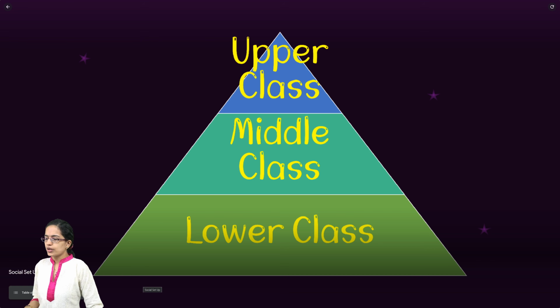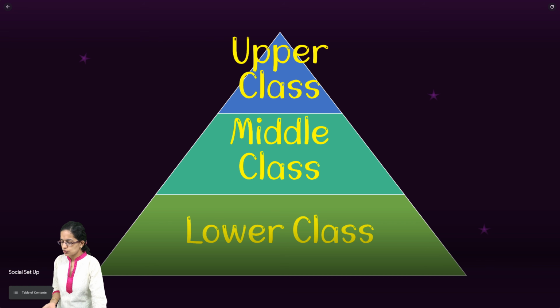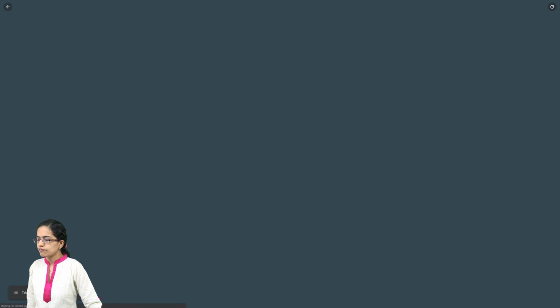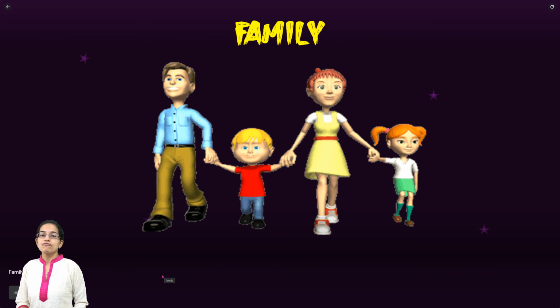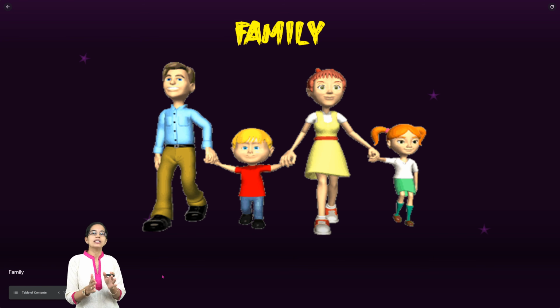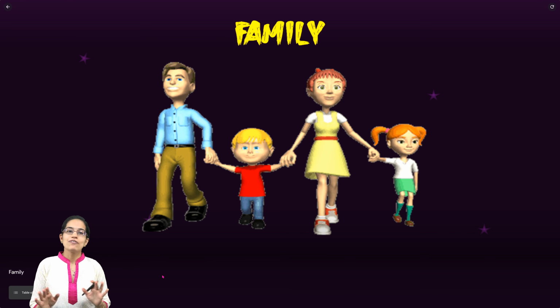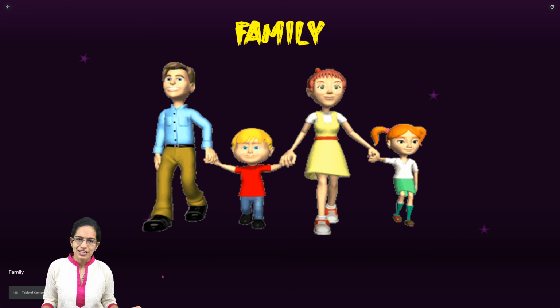The next important characteristic that we need to understand is the family life. If you look at the family life, the father was considered the head of the family. The mother had equal rights with the father, and women also had property rights. The children enjoyed a very good life. The life was carefree, with no burden, and they were free to do what they wanted to.